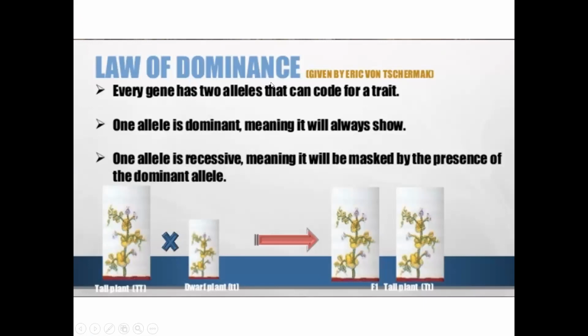In this, what he wants to convey to us is that the gene has two alleles that can code for a trait. That means one character is always dominant over another character, and the dominant character is always expressed, but the recessive character is less expressed. So here, what is happening? Capital T is crossed with small t. That means this cross is leading to the production of F1 generations, which are capital T small t. As capital T is the dominant one, so the plants are all tall.